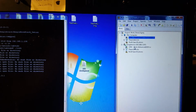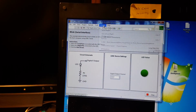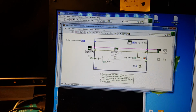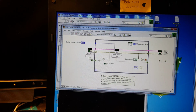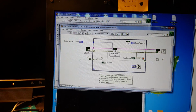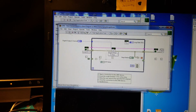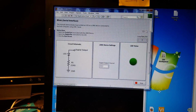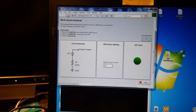and what the blink does is it will make this LED turn on and off. Okay, so basically what I have to do is I have to run it, which I'll have to open it, and just to kind of show you a few things, what I've done is I've actually changed a couple things here. This local I/O, when it first came in, it was set for serial, so I had to change some of that around to make it run local I/O, and I've also changed the timing on it. But I've got it on pin 7,